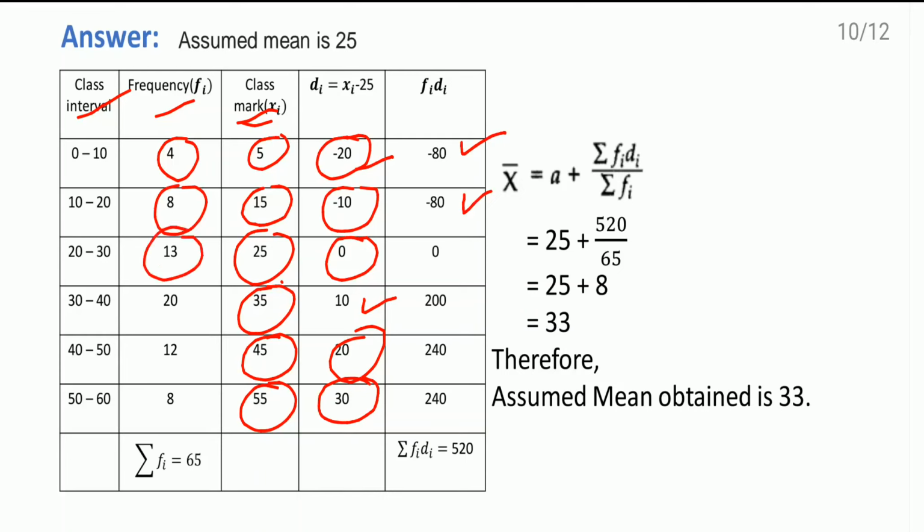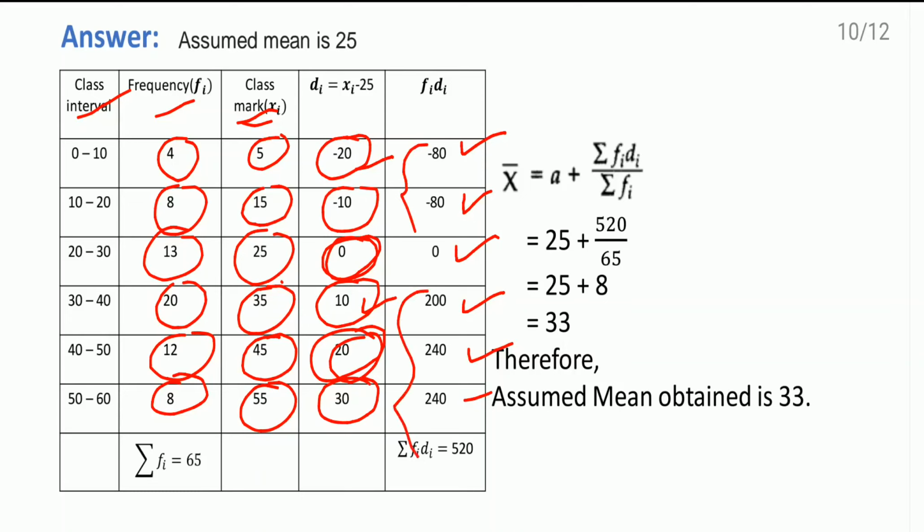This one here 13 into 0, we get 0. 20 into 10, 200. 12 into 20 here, so it comes as 240, and 8 into 30, 240. Now here you see the addition of these two numbers comes as minus 160, and addition of these numbers comes as 680. From 680 we will subtract minus 160, so our answer comes as 520, and the sum of all the observations